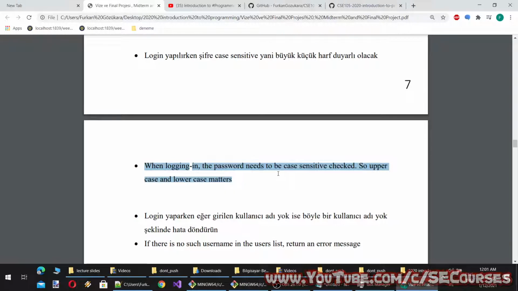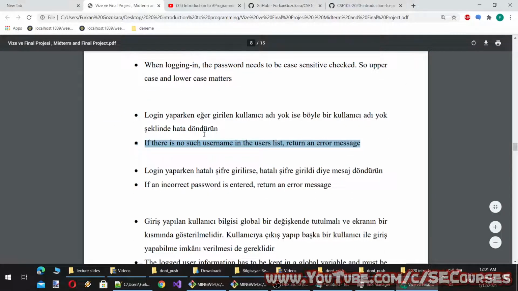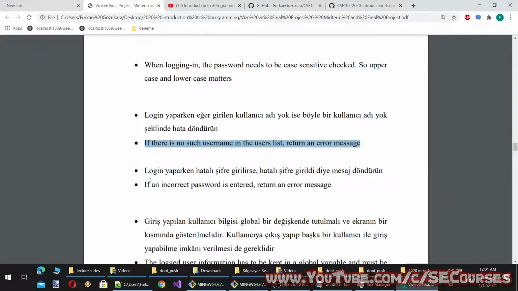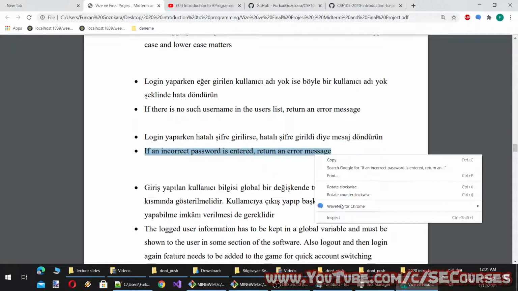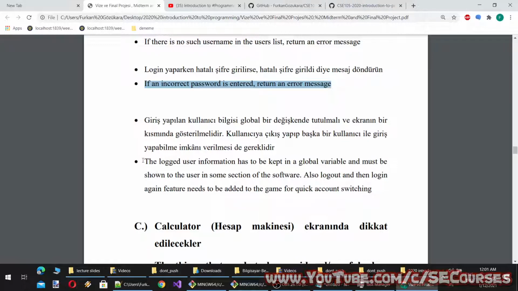When logging in, the password needs to be checked case sensitively. So uppercase and lowercase matter. Since we are using a hashing check, it is already case sensitive, so you don't need to do anything else when you do hashing. If there is no such username in the user's list, return an error message. If an incorrect password is entered, return an error message.